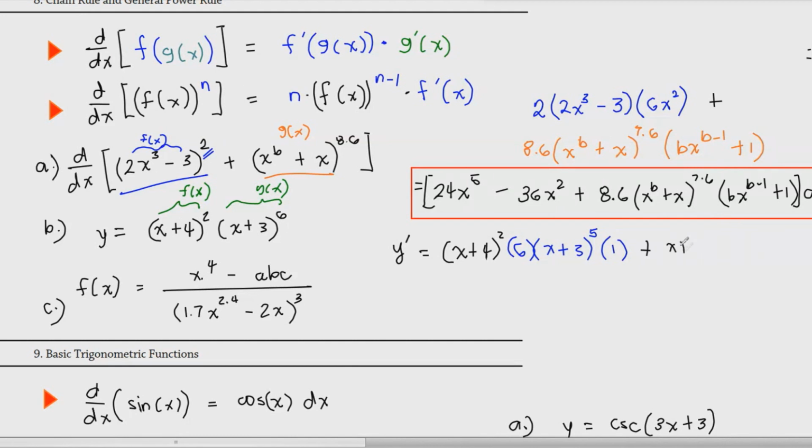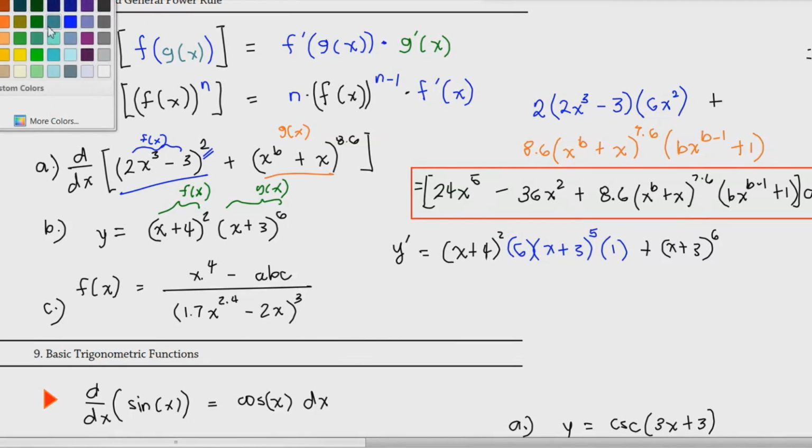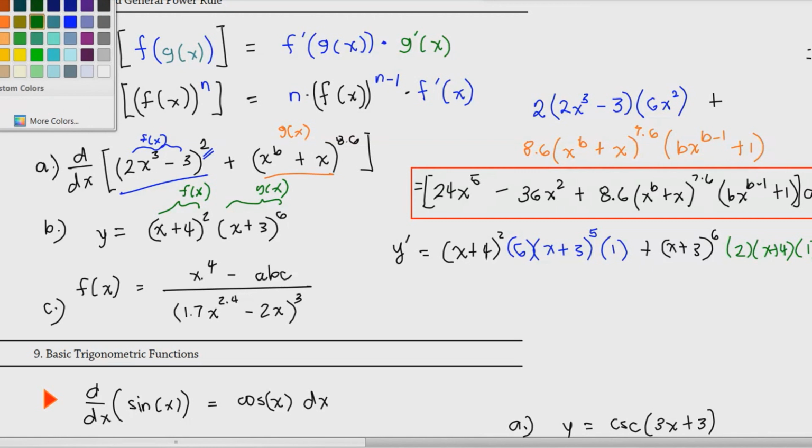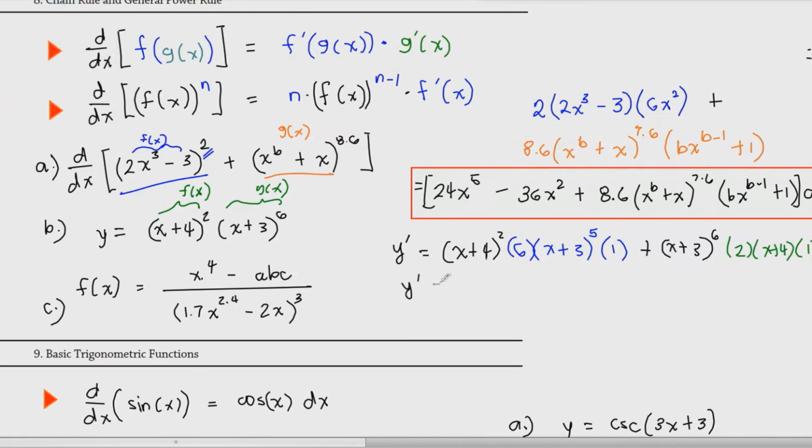Let me just rewrite it. So the derivative of x plus 4 squared would be times 2, and then x plus 4, 2 minus 1 would be 1, and then times 1. So therefore, the derivative of this expression here would be y prime equal to,